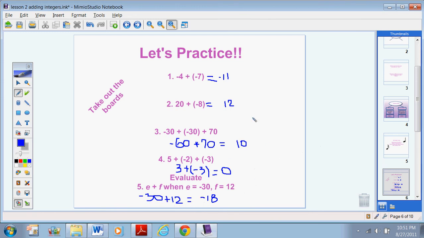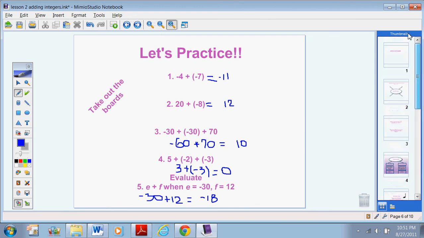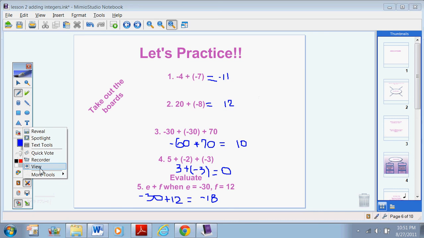Okay, any questions? Alright, we'll stop for now with adding and subtracting integers. Hopefully, if you were a little bit lost in class, this will refresh your memory. If you didn't have enough time to copy the notes, this should give you